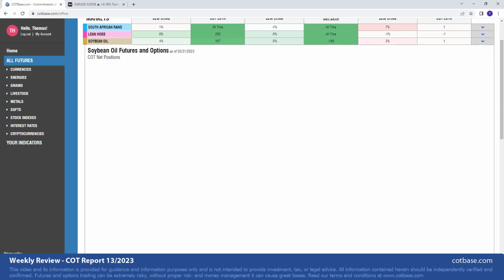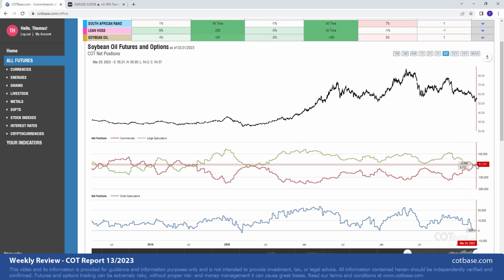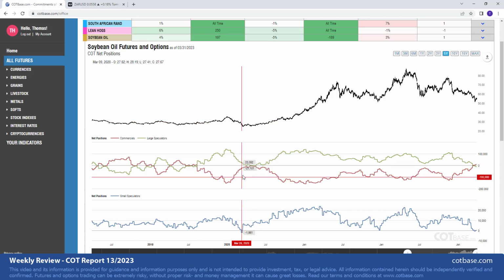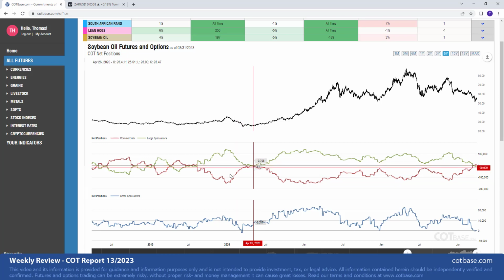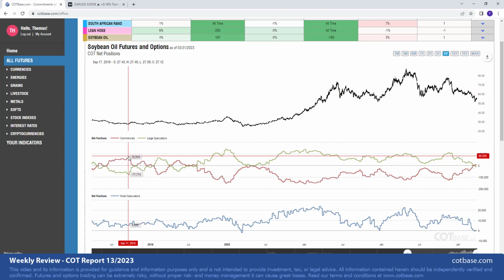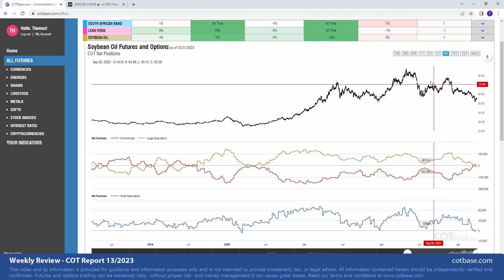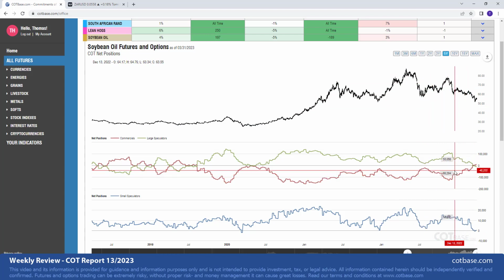And last but not least, we've got soybean oil with a 189 report extreme. Soybean markets tend to perform very well when analyzed through COT analysis lenses. You can see that we haven't had this reading for quite a bit of time, almost 4 years. So a huge extreme over there. Again, I could repeat myself, looking at this 5 year chart, there's room left for traders to reach even greater extremes. So be cautious about jumping into a market purely based on this reading. But it is good to note that stress levels are building up, and we should be expecting higher prices